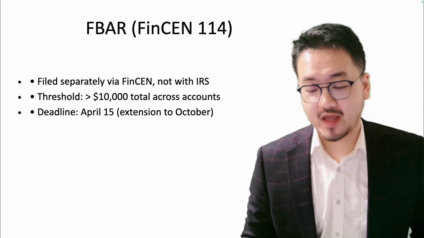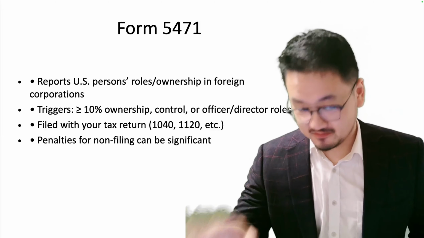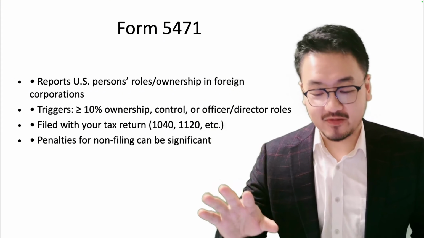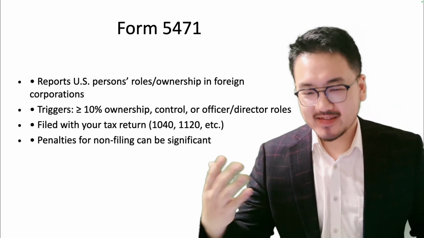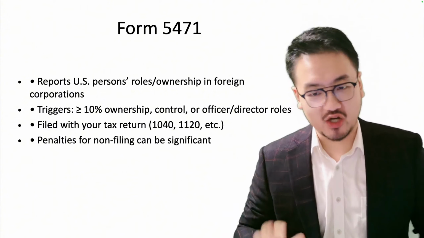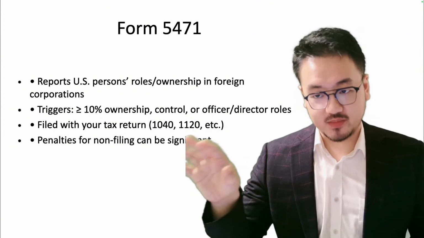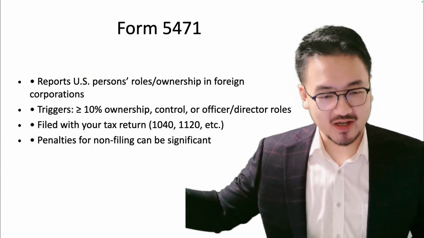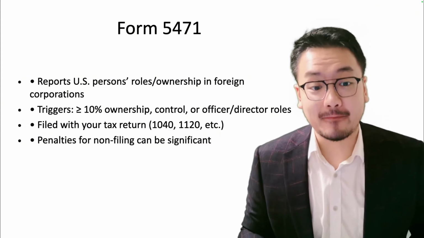All right, we talk about FBAR, we talk about the 8938, but yeah, this form is a beast. It's the 5471, and this is an information return. The full name for this is Information Return of U.S. Persons With Respect to Certain Foreign Corporations. I know it's a long name, and it's a beast because